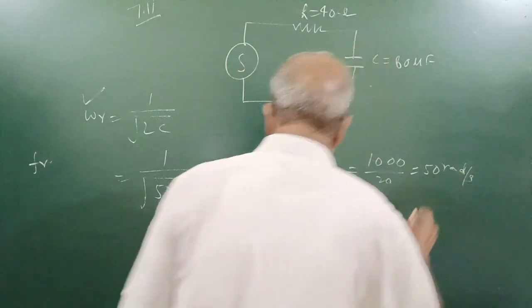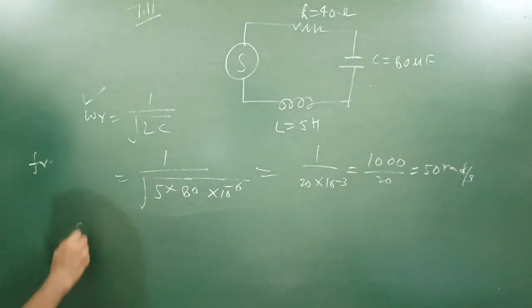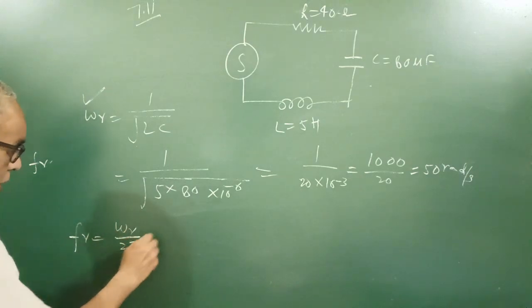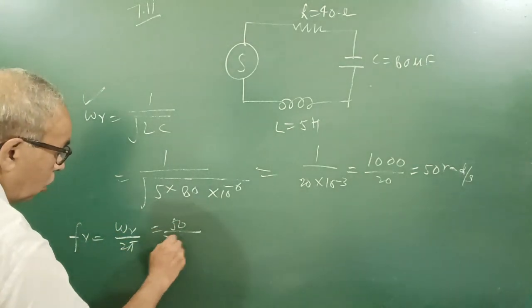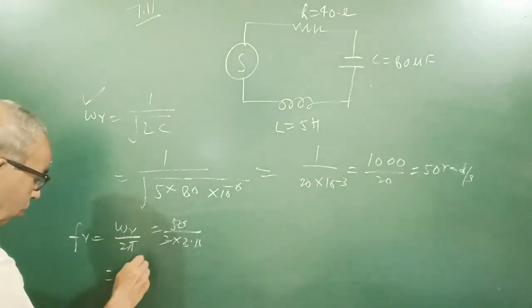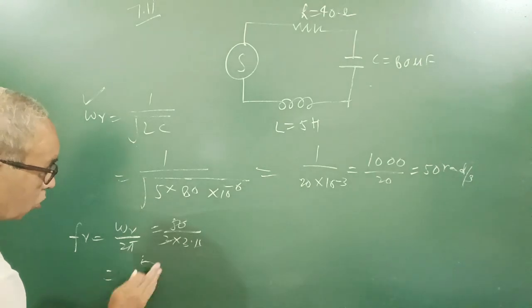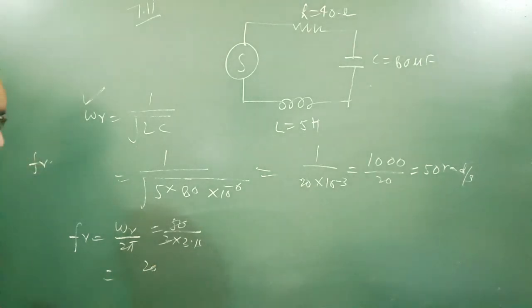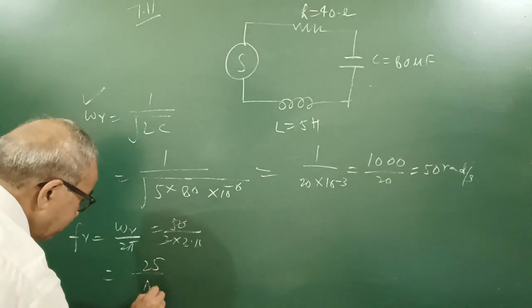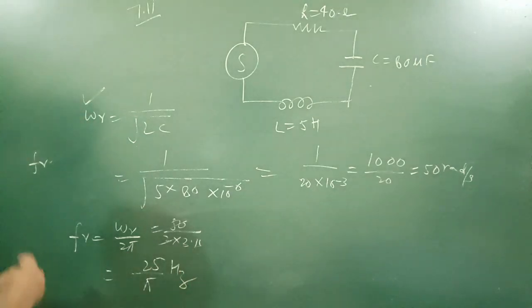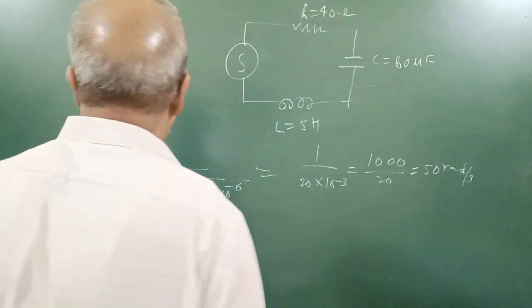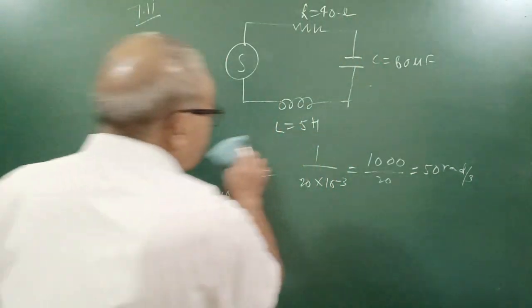If you want to find FR, FR is equal to omega R upon 2 pi. So it is 50 upon 2 into 3.14. Sorry, it is 25 upon pi. But this is not required here. So one is this: you find the resonance frequency. Simple. Then you are asked here,